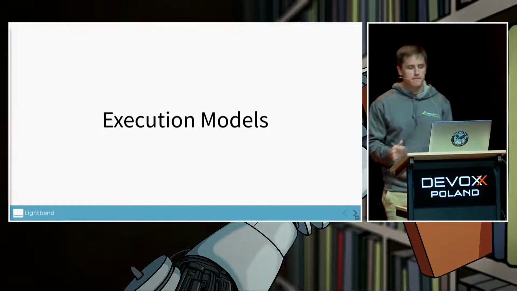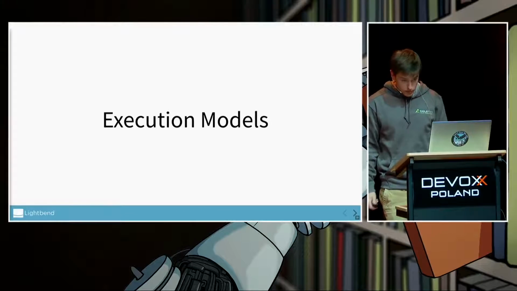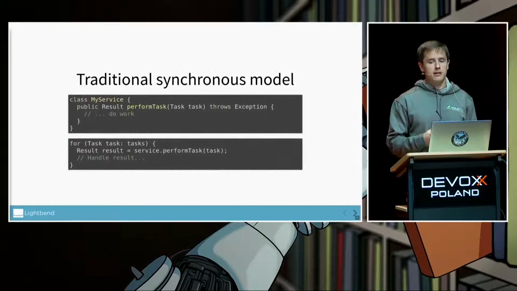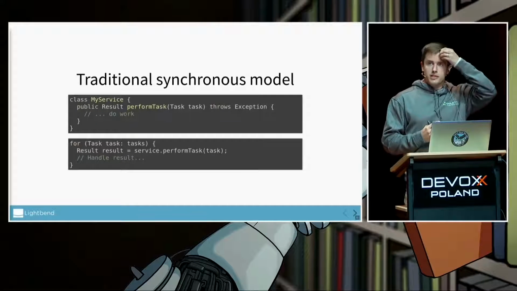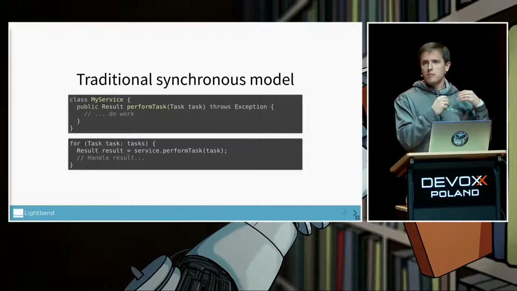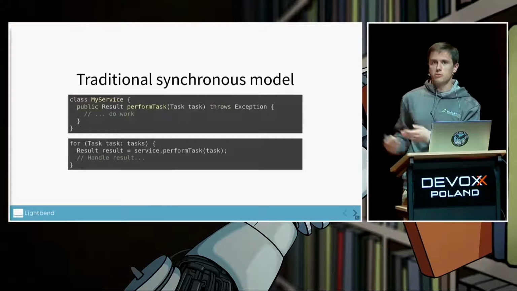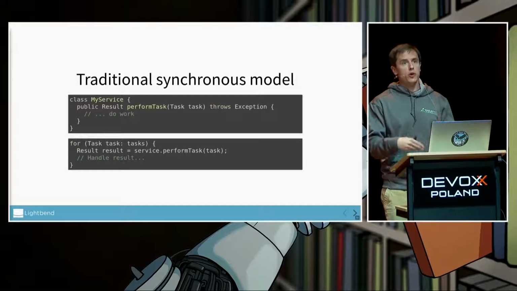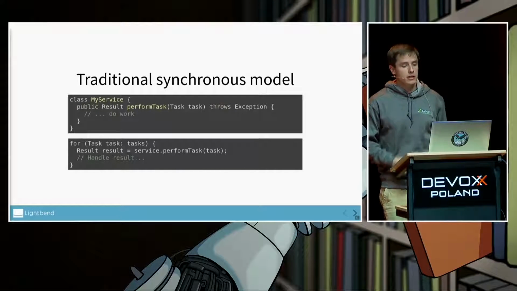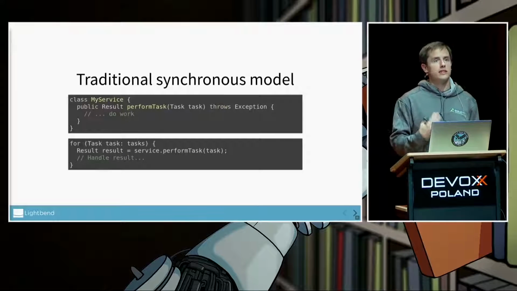So how do we do it? Well, the first thing we need to think about is our execution model. Right? So we need to think about the threads in our system. And if we think about the simplest execution model that we've got for JVM applications, it typically maps a user request into a Java thread, which is typically an operating system thread. So if a request comes into our application, that's normally mapped to a method invocation. Imagine this thing called perform task. We then block that thread regardless of what we're doing.